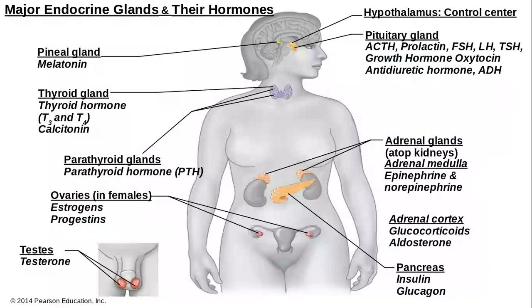You do not need to know the major endocrine glands and their hormones for the AP exam, but they will show up. So you might find it useful to just take a look over these terms so that when you see them, you know a little bit about what they're talking about and you're not totally blindsided. You don't have to memorize any of the functions of these hormones or these glands, but you will see them on the exam, and they will tell you what these hormones do and how they are affected. But you will have to answer questions about them, so it might be useful to just get yourself a little familiar with the terminology so that you don't trip over it on the exam.